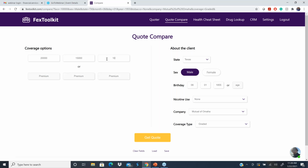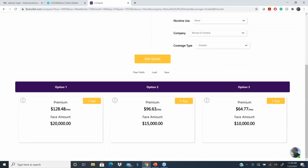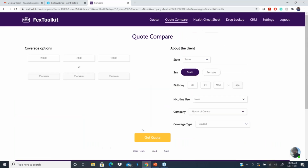15,000 and 10,000. I'm going to get a quote. There you go. There's my 3-option worksheet. How easy is that, right? This takes all the guesswork out of it, because I know most of you were thinking to yourself, oh, you got to go guaranteed issue with this person,